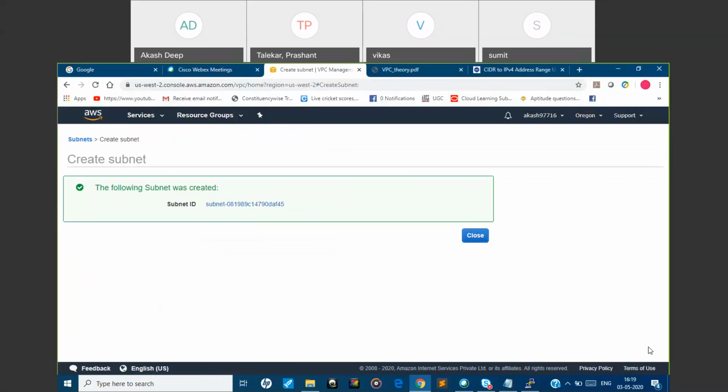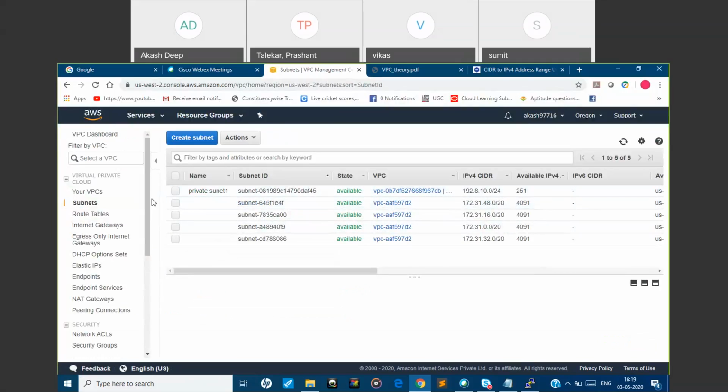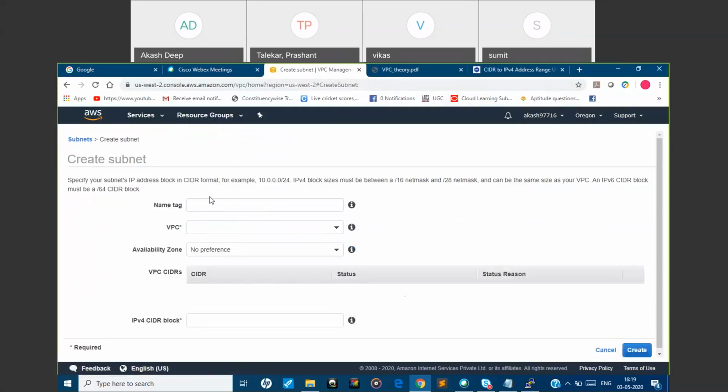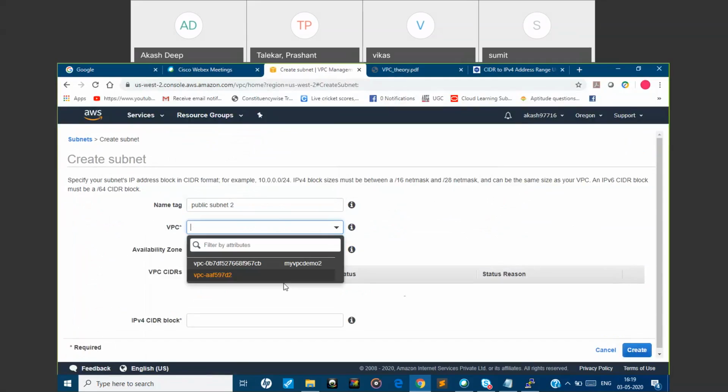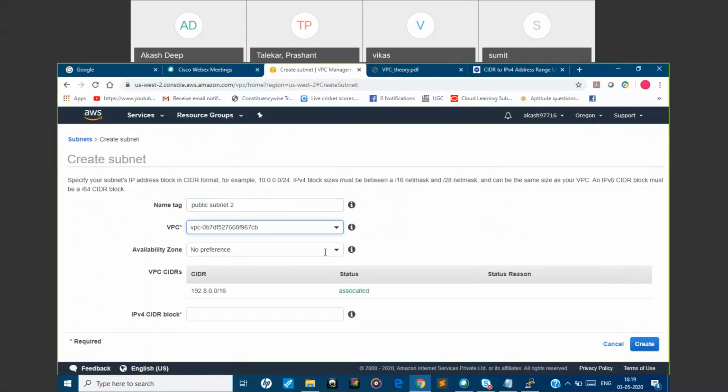Create, it got created. Private subnet one is created. Now we'll create the public subnet. Click subnet 2. We'll select the VPC. We'll select the availability zone.